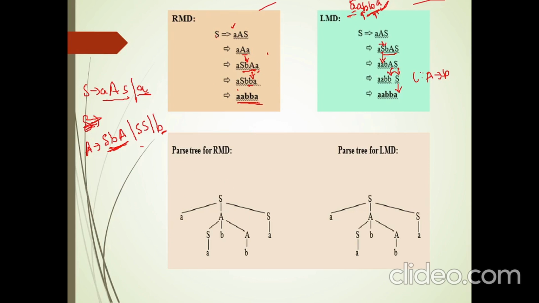So let's start from this. S gives A, S. Now S, and then A, S will become the children of the node. This is always the start symbol. It will always be the root of the tree. And how do you write the children? Based on this production, if it is M1, M2, M3, go on writing M1, M2, M3 from left to right. So A, S.